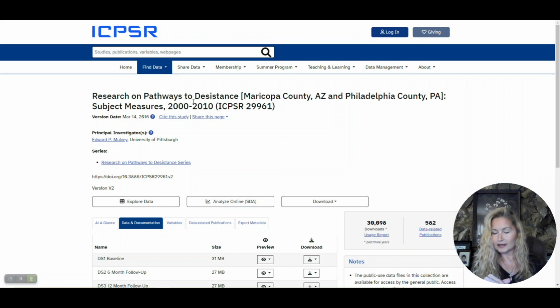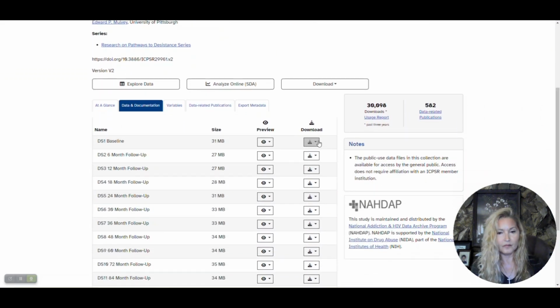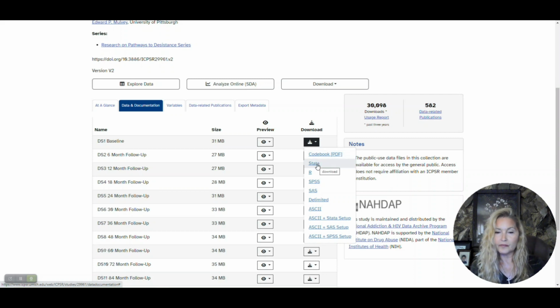You've looked at and examined the code book. You have to. You need to know the methodology of the data. And you want to download it. So here's the baseline. Again, this is multi-wave. Here's the baseline. You would go to download. Here's the code book. And you would download it in whatever format you needed, which was associated with whichever